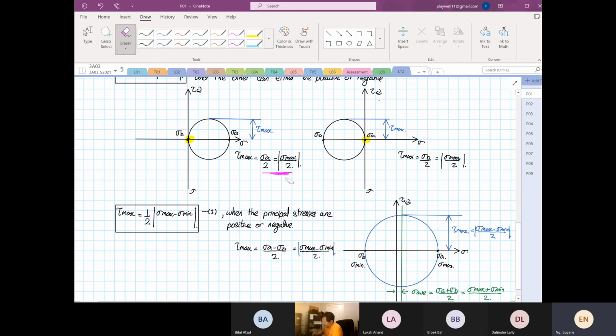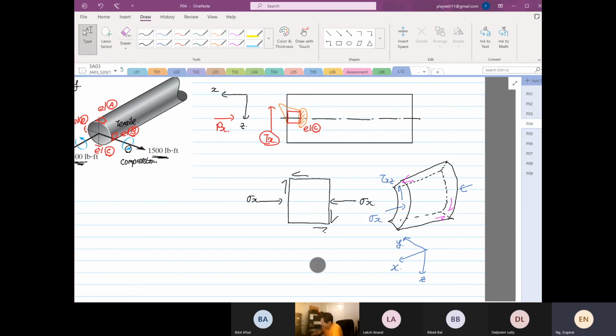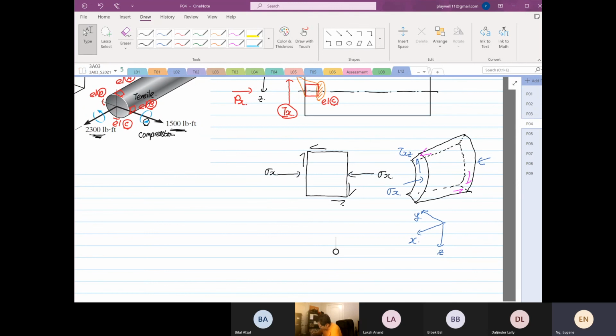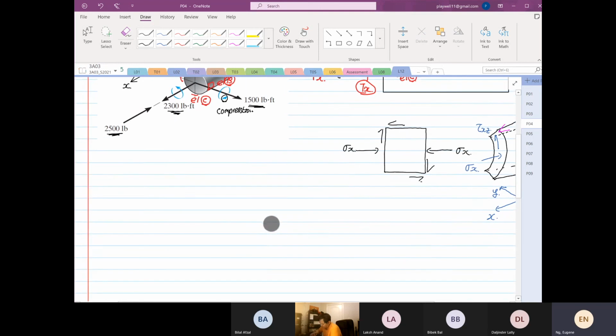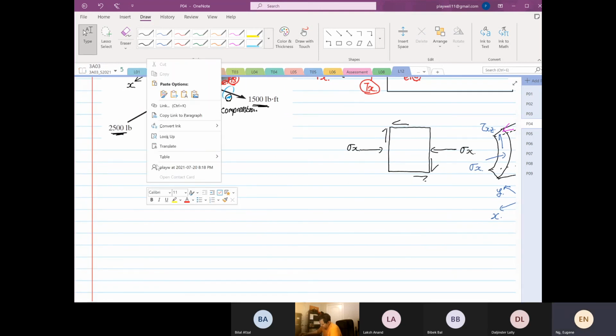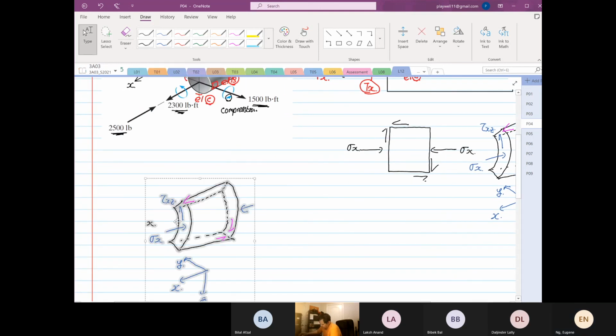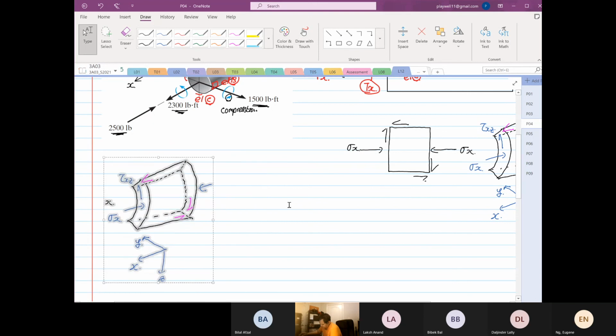Okay, so now we are going to sketch. So from here, we know that stress x, from this element down here, I'm going to copy this element. I'm going to come here. So we know that